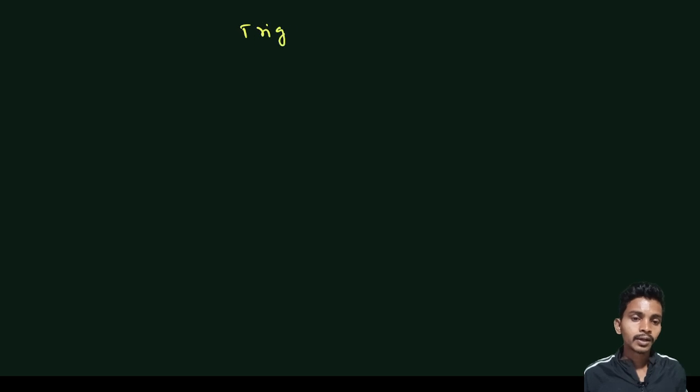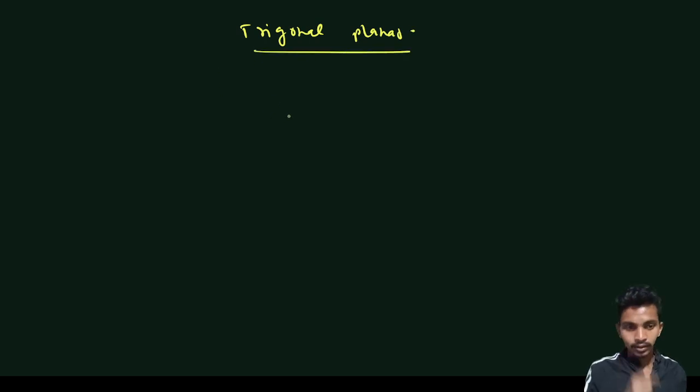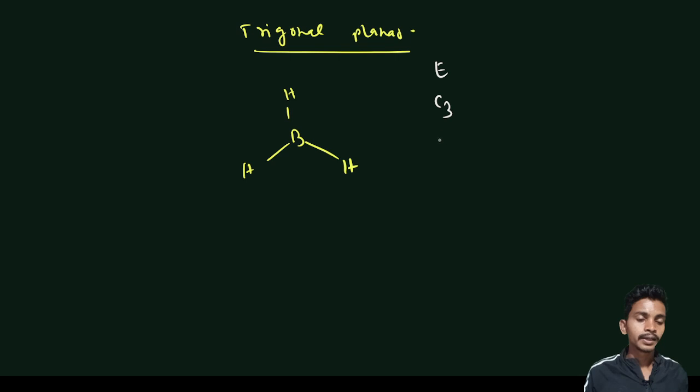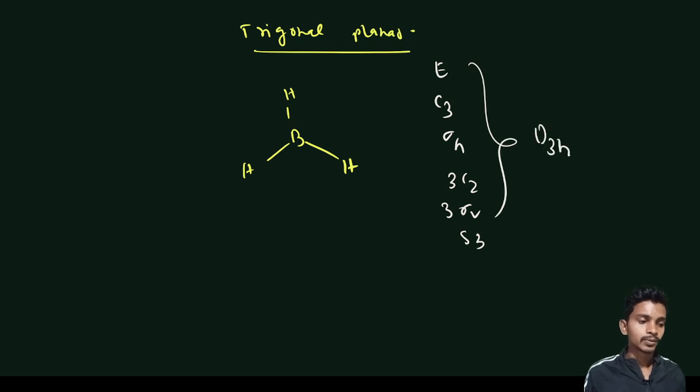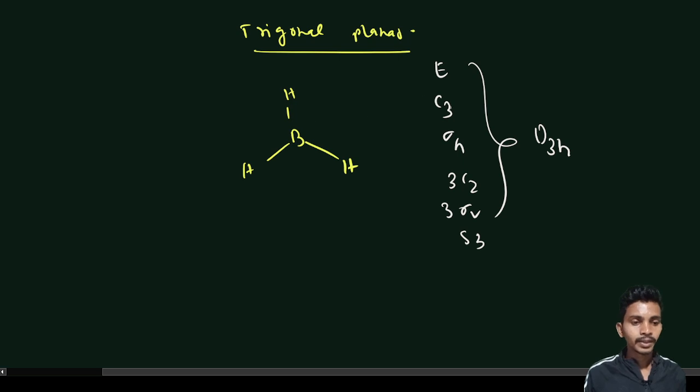So for trigonal planar, we also discuss the same things like BH3. For this point group, we already discussed that C3 is present: E, C3, and also sigma h is present, here 3C2, 3 sigma v, and S3 are also present, and this point group lies in D3h. Okay, so this we already discussed, because this is the principal axis C3, and sigma h